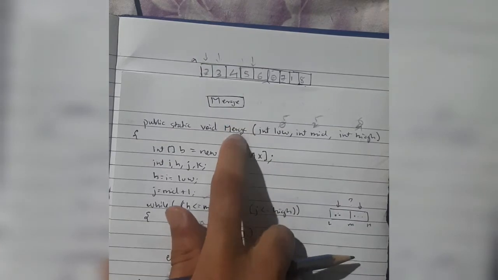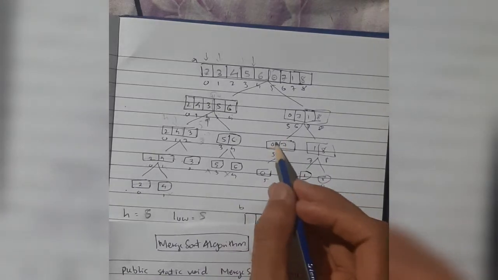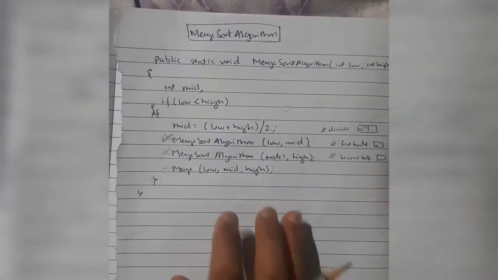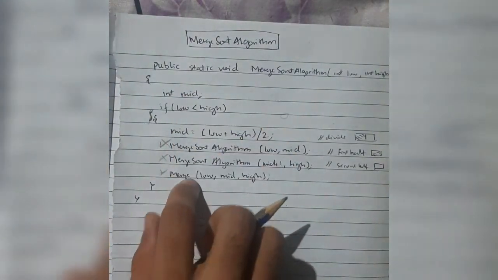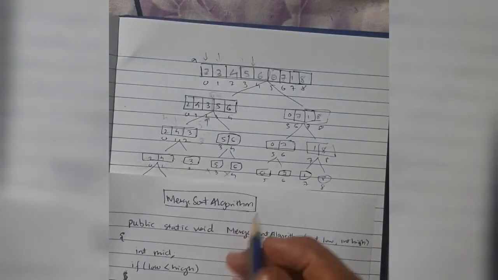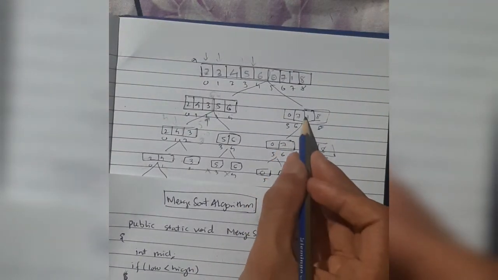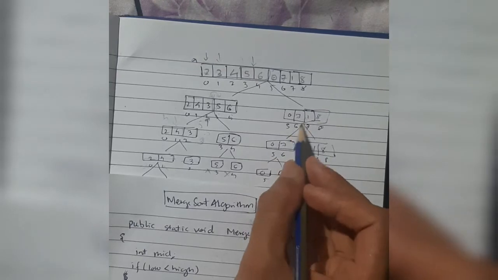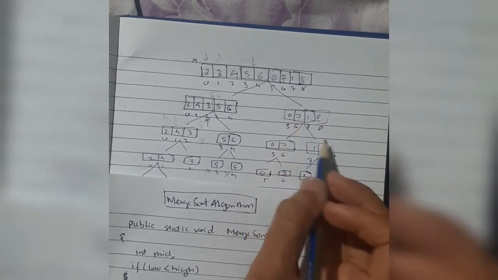Okay, the next one, where did we call this function from? This was called from the third line under this array. When we are under this array, we had called this function. Now under this array, these 3 lines of code are over. These 3 lines of code were called for this function, the first function of this one. Under this array, the first function was called. Now let's move on to the second function.